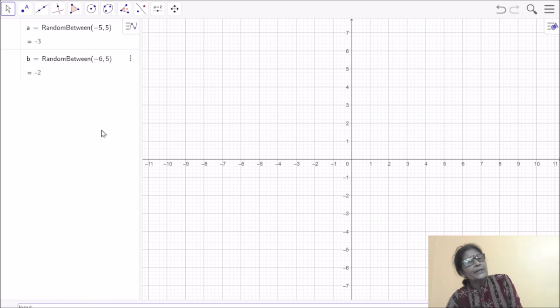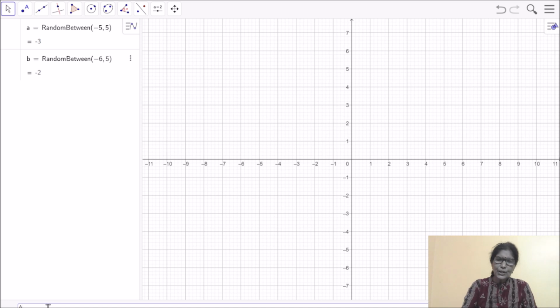That is, a is a random value from -5 to 5, and b will be a random value between -6 and 5. Then I'm plotting the point. A point is always denoted by a capital letter, so A is equal to, in the bracket I'll write a comma b. That means a is your x coordinate and b is your y coordinate.